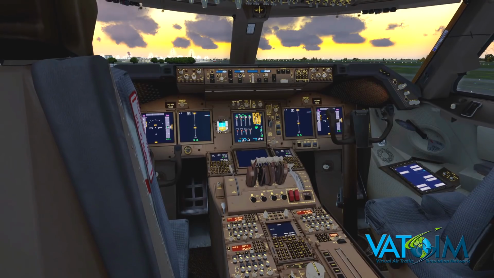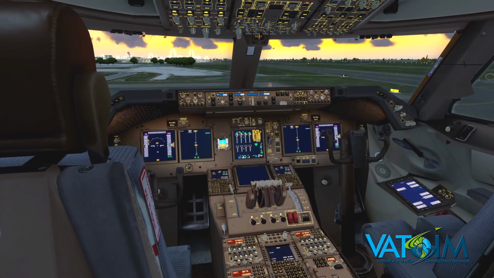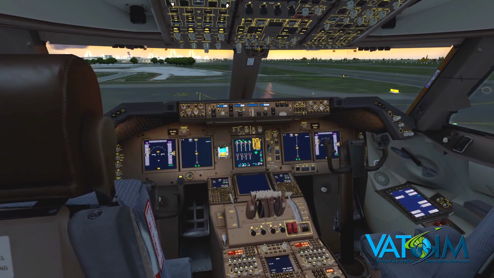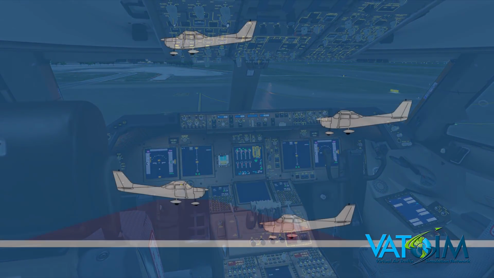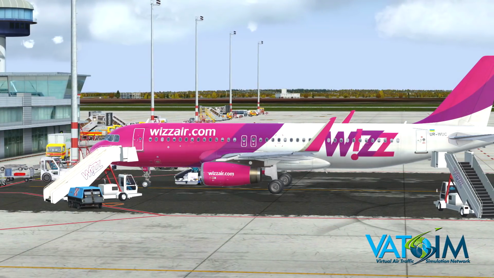Now let's take a look at some theoretical principles for the new audio for VATSIM that are very important to understand when you start transmitting, okay? Now, VHF communications are based on a line of sight to a transmitter, and the audio for VATSIM actually simulates this. This means several things. First of all, radio reception improves as an aircraft climbs, so the higher you climb, the better able you are to transmit to radio towers on the ground and other aircraft around you, and the more you will be able to receive, okay? At low altitudes or on the ground, you actually may not be able to hear certain ATC